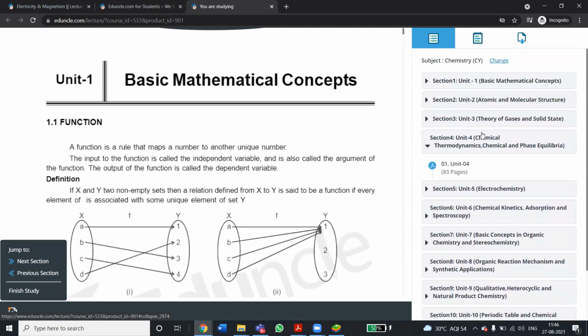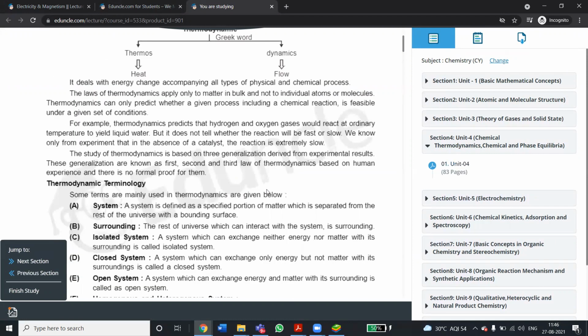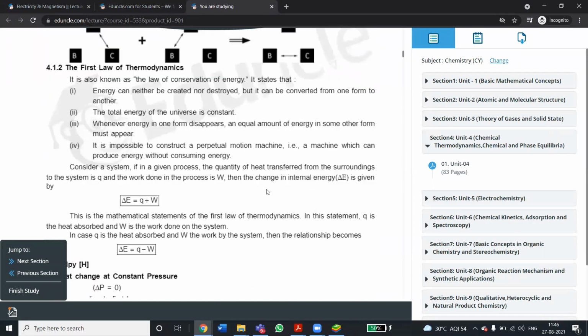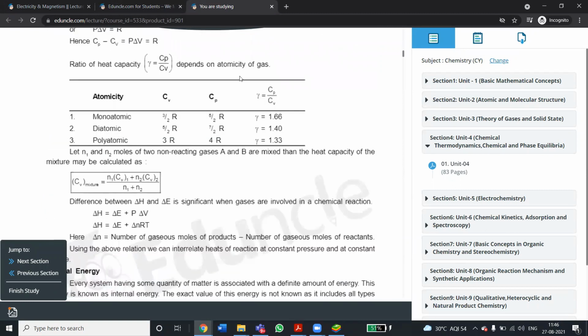You can click on any of the PDFs that you want to learn, and that PDF will load. So this is how you can learn on the laptop. You can study all the theory, and solved examples are here. So this is how you access theory.